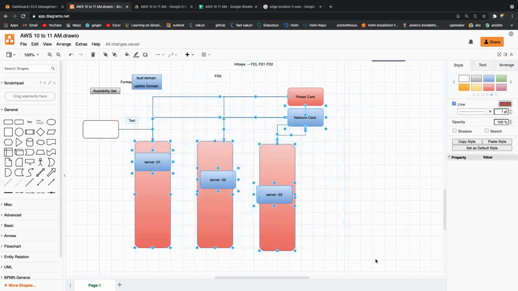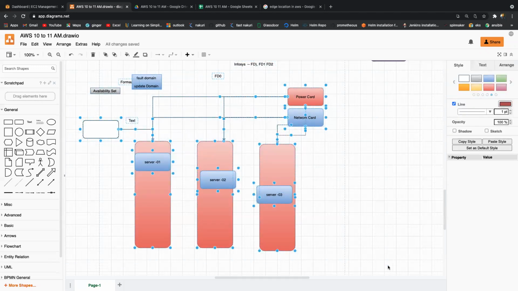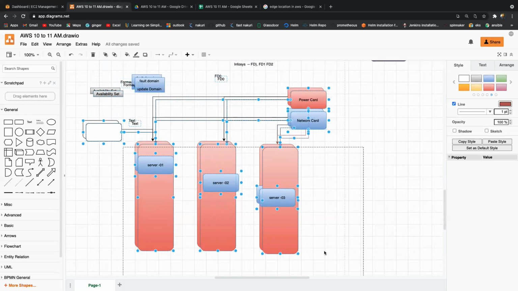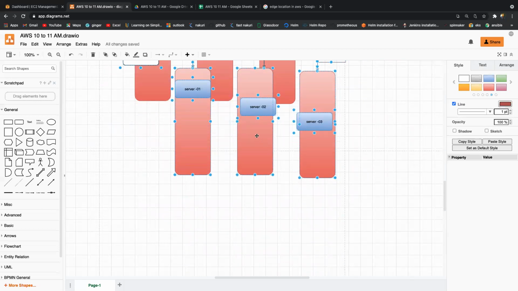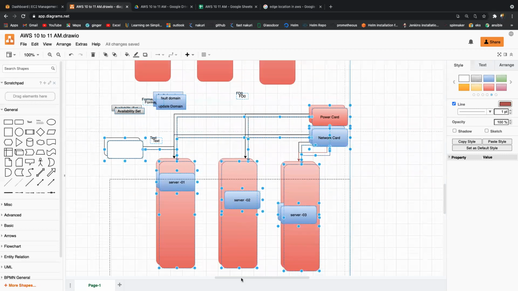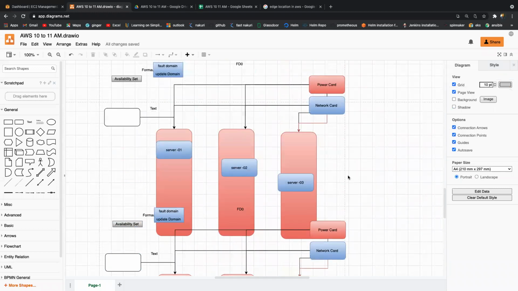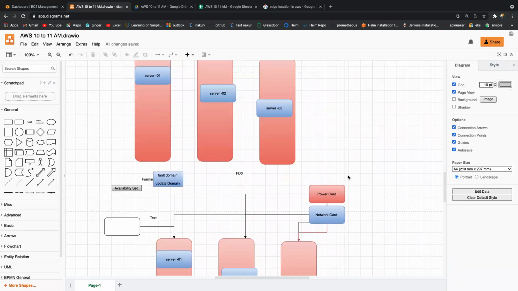Am I right or wrong? The same setup: I can consume 1, and 2, and one more, which is 3. That is FD0, FD1, FD2. That is fault domain.